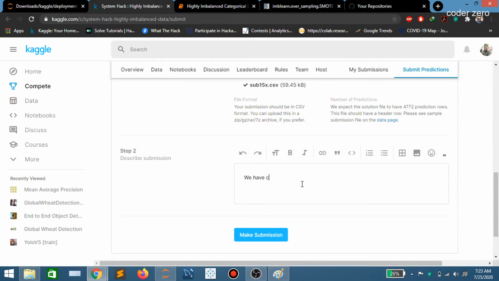We have checked for data imbalance, then we have created a model using SMOTE plus XGBoost.